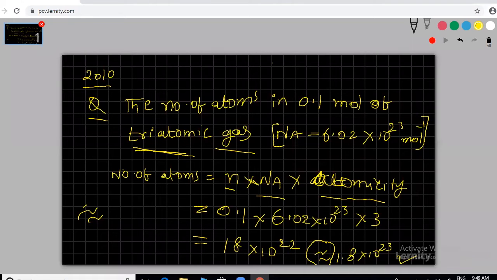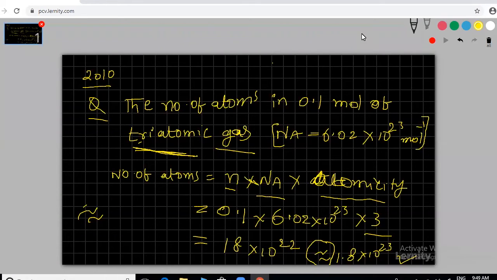Gas spelling is GAS only. Someone is asking what a gas is. Sorry, I can't answer every difficult question for you. Gas means you can take molecules, but here I gave triatomic. Oxygen gas means you take O2 only, that is fixed, molecules only. If atoms, they will mention it. Here triatomic gas means how many atoms are there in that gas? 3. That's why we multiplied by 3.